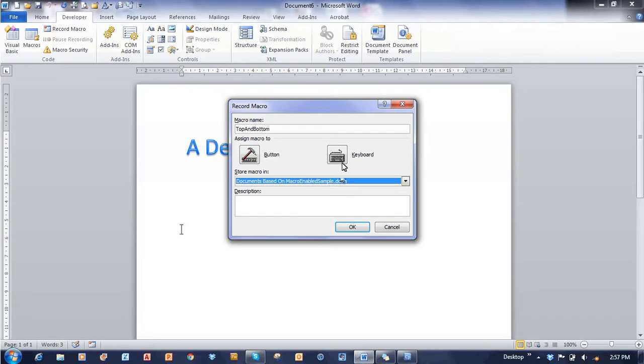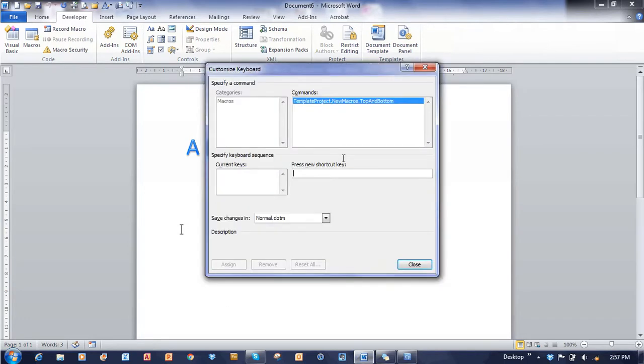This one I'm going to do with the keyboard. And my shortcut key, I can use anything I want. So I could do something ridiculous like Control C, and as it tells me, well, that's actually assigned to copy. Not going to stop me. If I do, it will then run the macro in preference to the copy, so that will take precedence. Not a good idea. So what I'll do is run this one with an Alt-T, and again I need to be very careful about where I'm going to save my changes. It must be in that particular template. Click on Assign, and what that does is tell me that it's assigned this particular keystroke combination to this macro,